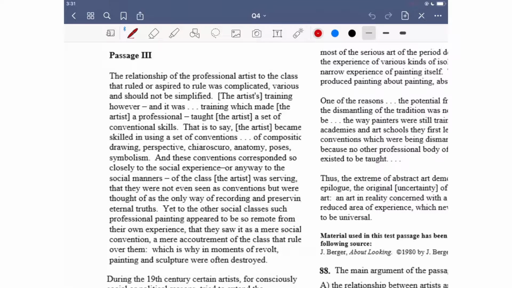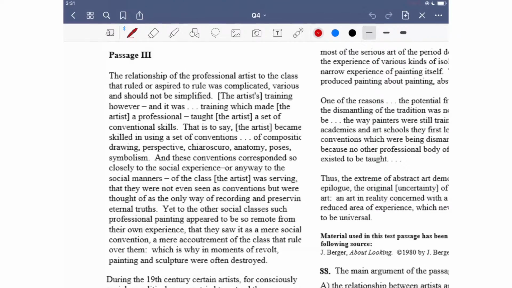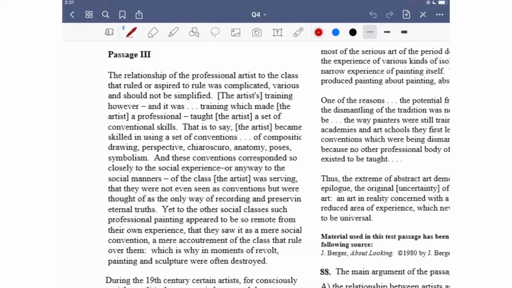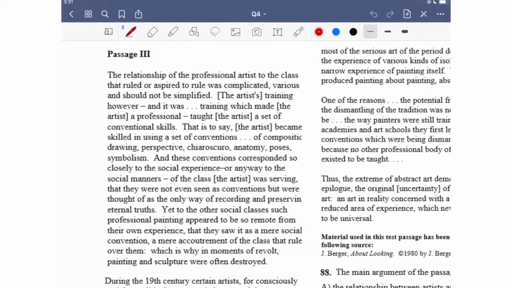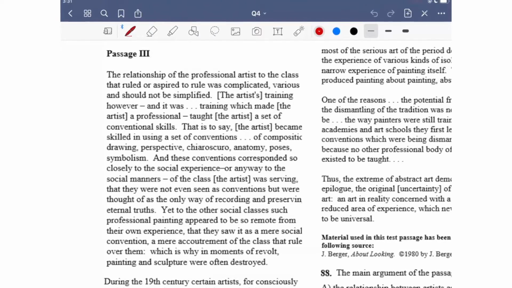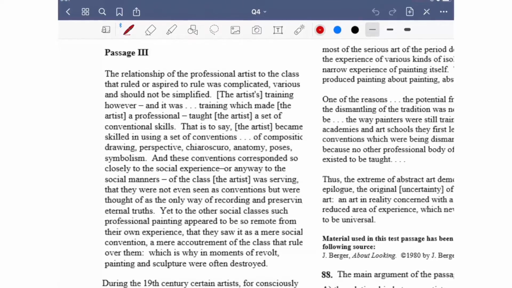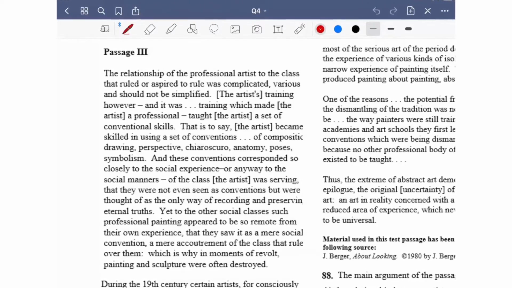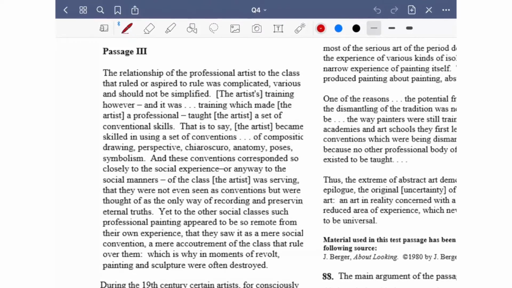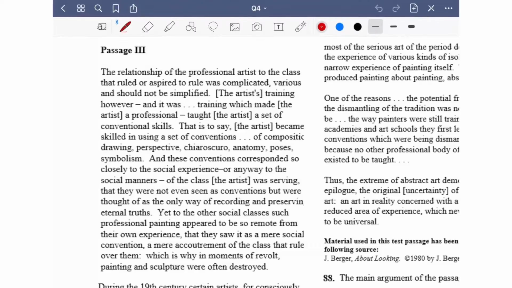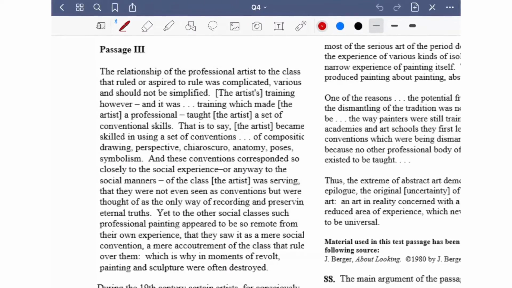Hey everyone, in this video we're going to be going through some passages and then answering the questions related to them. I scored in the 99th percentile on the MCAT, so with this video I'm trying to show you how I would look at a passage, look at what information matters and what doesn't, and how I would break down the passage, and then how I approach all the questions, how I see what the question is asking me, and then go through all the answer options, see what's correct, what's incorrect, eliminate them one by one until I have the final correct answer.